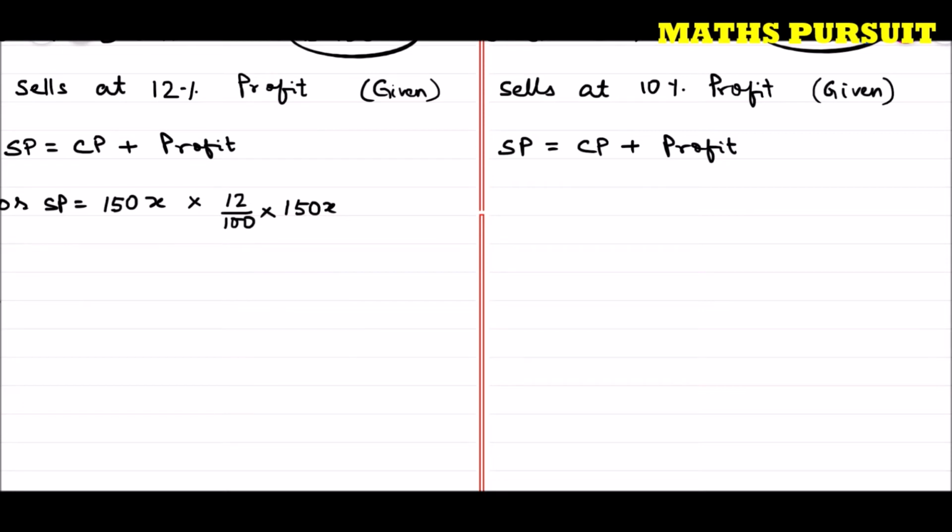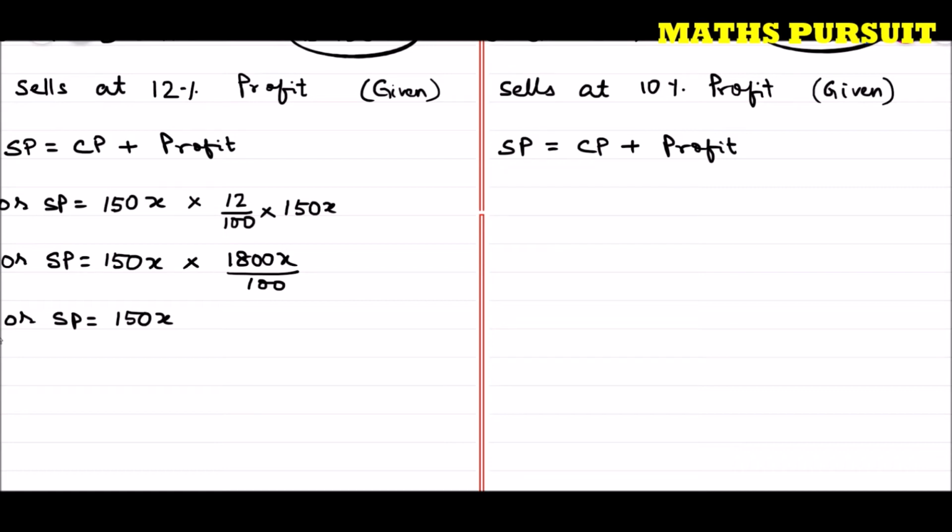Or I can write selling price is equal to 150x plus 12 into 150x, which is 1800x, divided by 100. Hope guys we are very clear what I am doing here. Or I can write selling price is equal to 150x